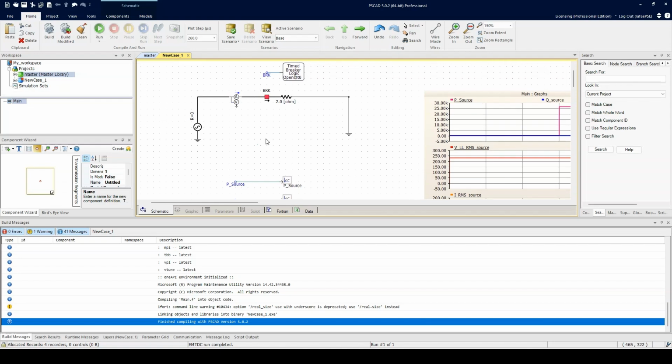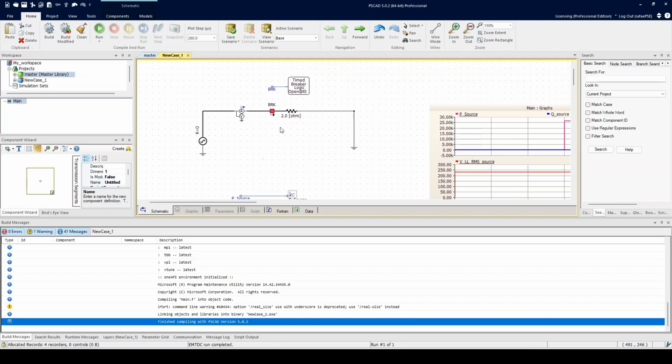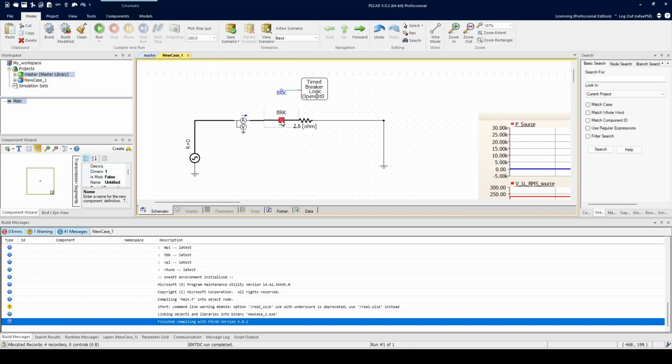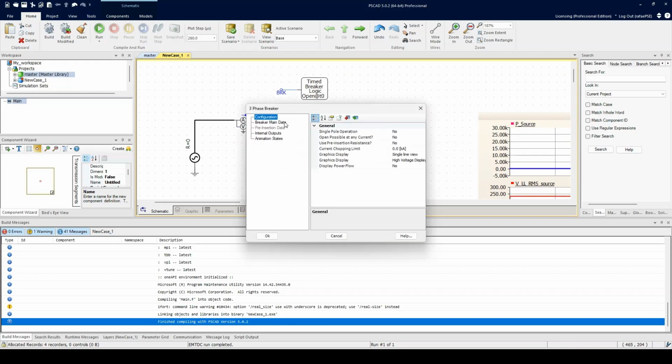All right, so now that we have seen how to make the breaker work in our circuit, let's quickly go over the properties of the breaker, because I didn't really get into the details of that. If you double click this, there are a few properties available to you. Let's say number one, single pole operation. Because this is a three-phase breaker,